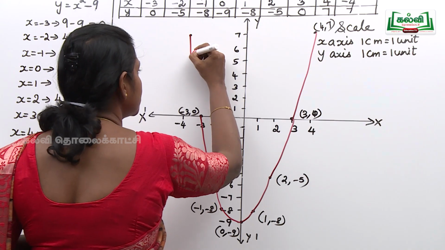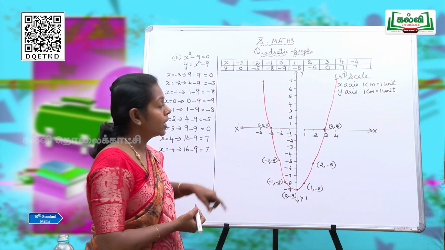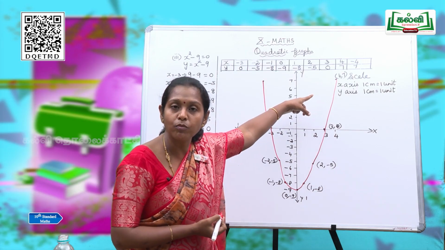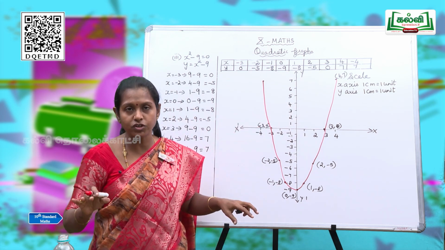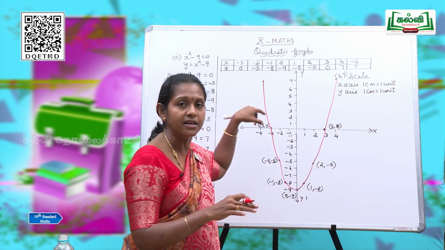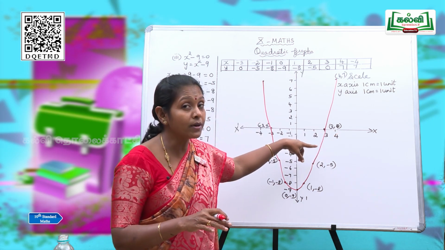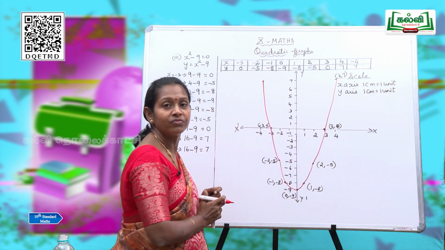Now join this line with this curve with this. Now see, it is looking like a parabolic curve. It is completed. Now I think you don't have any confusion in this. Of course it is parabolic. Is it touching the x-axis, intersecting at any point? How many points? Correct, 2 points, minus 3 and plus 3, right?